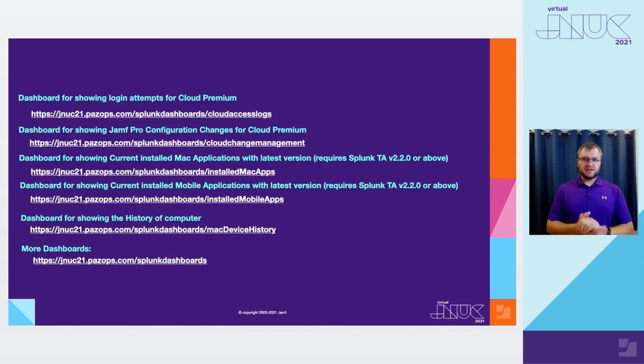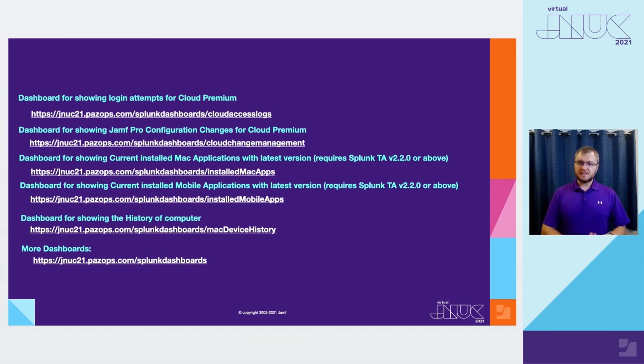So as I was saying earlier, here's the bunch of different apps and dashboards that I will have available for you. Just follow these links and you can download them. They will be in a text format. Just copy paste them, go to your Splunk instance, and you can drop them in there. But just to run through a couple of them and what they do. The very first, Cloud Access Logs, was the one I showed a couple slides ago. That gives you the idea of who's logging in. It's already baked in with Splunk's AI and ML, so you'll be able to detect nefarious logins, whether they were successful or not.